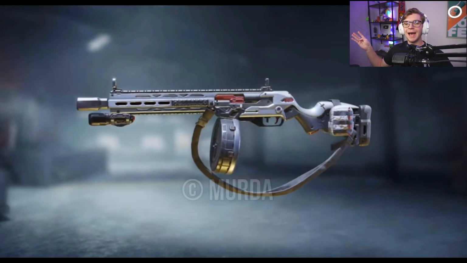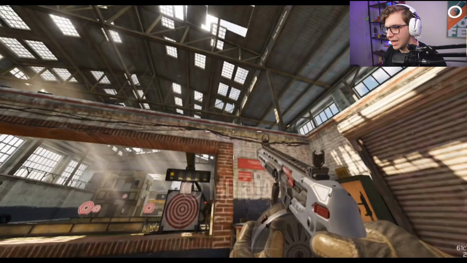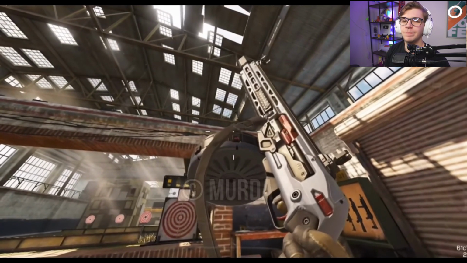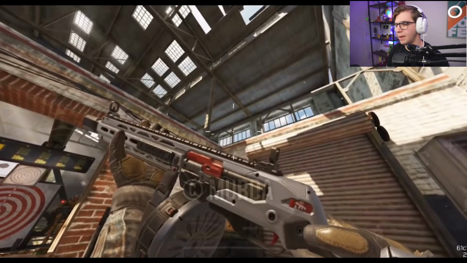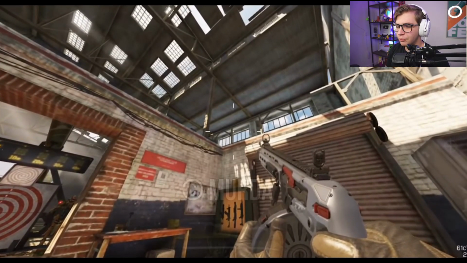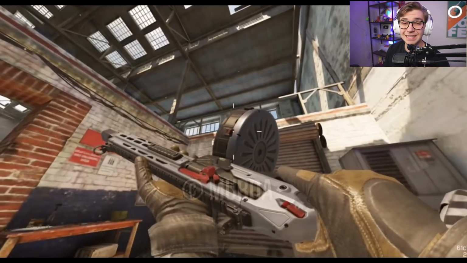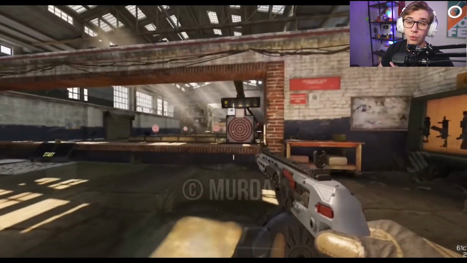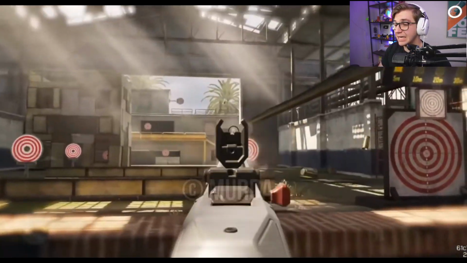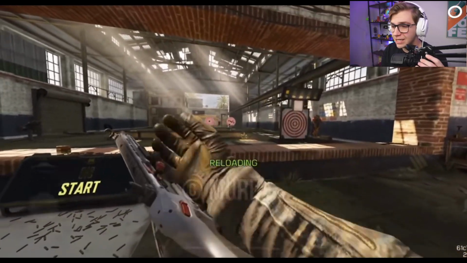So here we have the brand new PPSH. Now this thing is slated to be an absolute monster. The stats for this weapon are pointing to it being probably the meta. It's got a 65 round magazine, exactly like the PP19. The fire rate is crazy, and just looking at this weapon, the iron sights, this is the battle pass